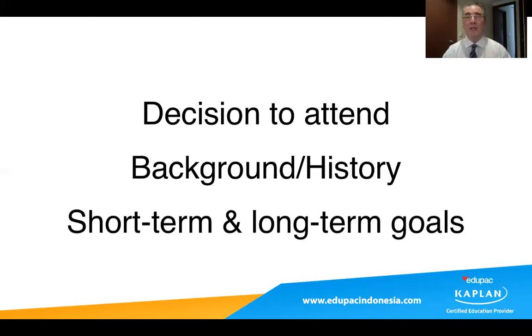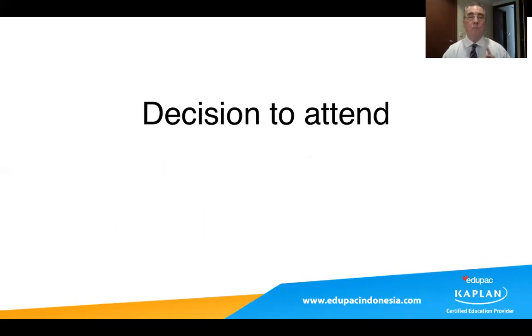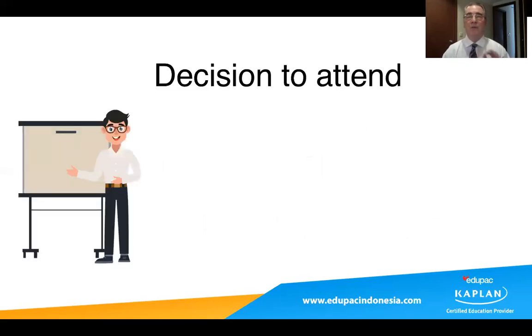Okay, let's go back now to decision to attend, and let's look in more detail at the types of things that you need to think about when you explain this decision in your personal statement. All right, so here are some things to consider. The first is you have to declare your field of study. Now, if you are applying to an MBA program, of course, business and management is going to be the obvious field of study, but if you have already thought about a specialization, or what we call in the United States a concentration,